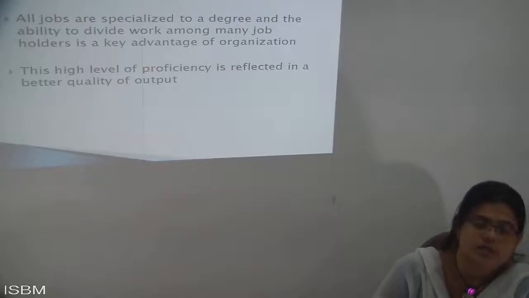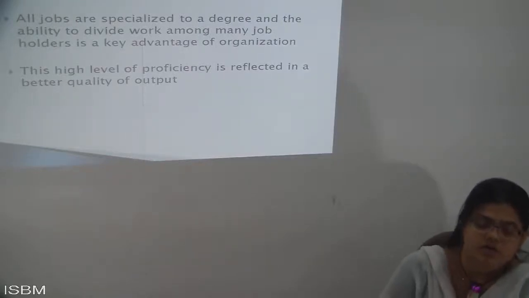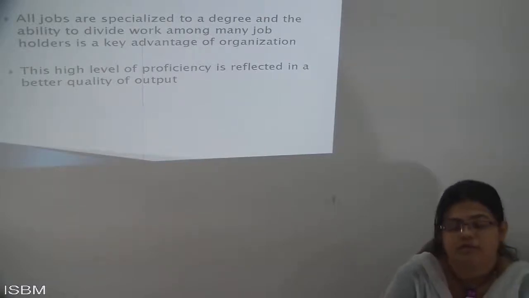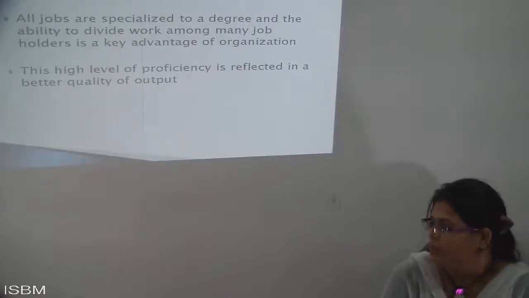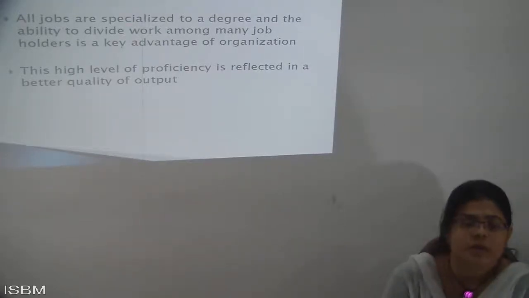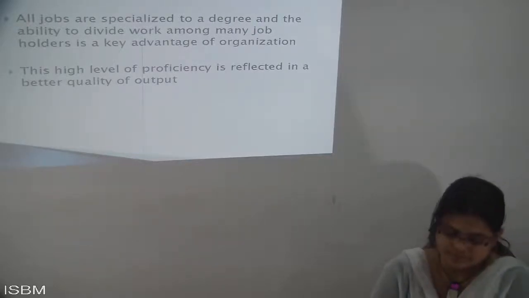Division of labor is what you need when you are recruiting or placing any person with any kind of work. That person should have specialization to a certain degree. Without a certain degree, that person cannot be enrolled into the organization, and cannot complete any kind of work in a shorter period of time.